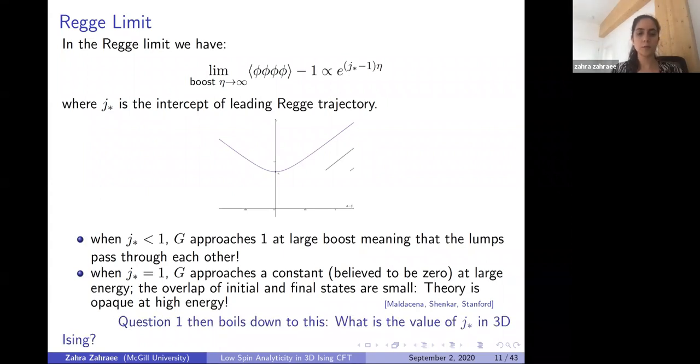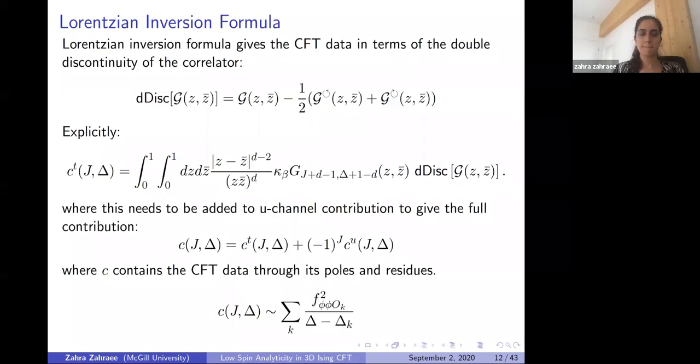So our question 1 then boils down to this question: what is the value of j star in 3D Ising? Knowing the answer to that, we would know whether the theory is transparent or opaque at high energy. Okay, to give the answer to that question and to the other questions mentioned before, we use the Lorentzian inversion formula